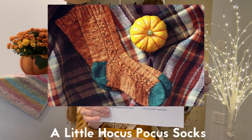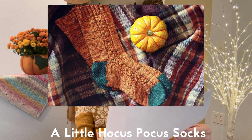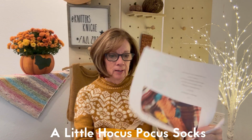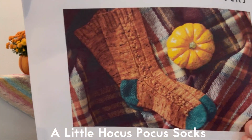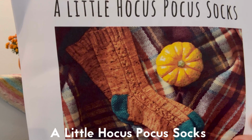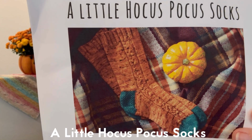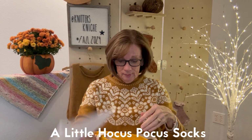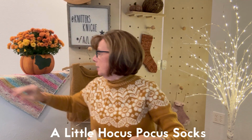It is called A Little Hocus Pocus Socks, and these are by This Handmade Life. It's a free pattern. And if you look real close, I'll show you mine. On here, it's kind of hard to see, but the cable that's running down the outside of the sock, those are little pumpkins. And let me show you mine. The yarn that I am using is